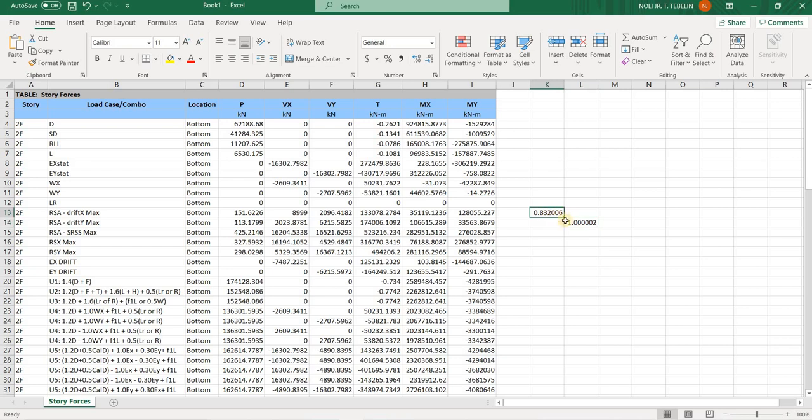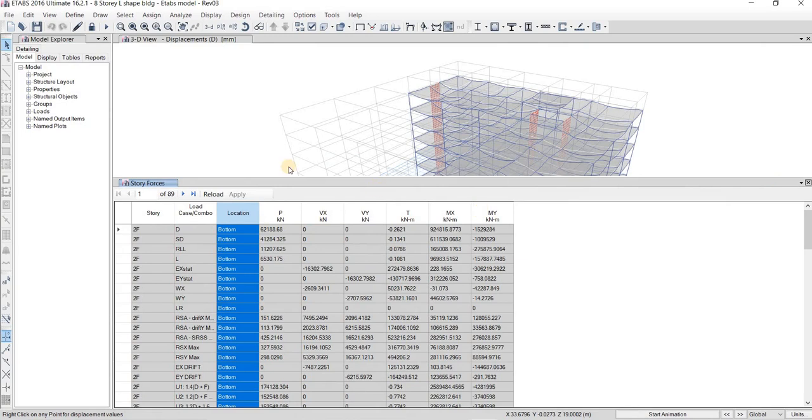So, let's say I have 0.83, or let's say I have here another value, so 0.83 and 0.69. Let's say,